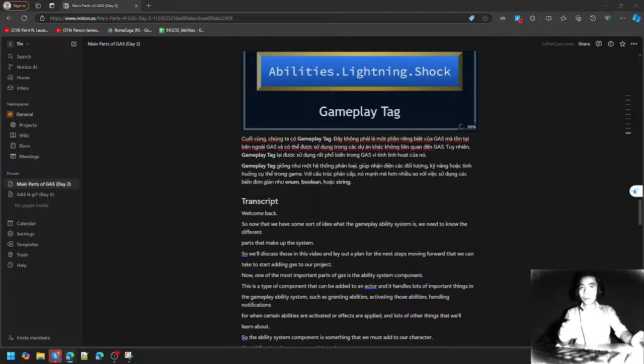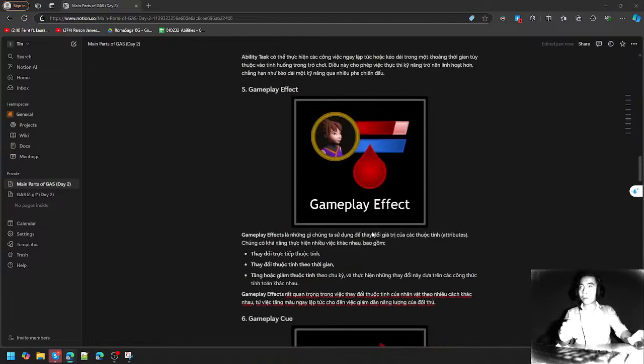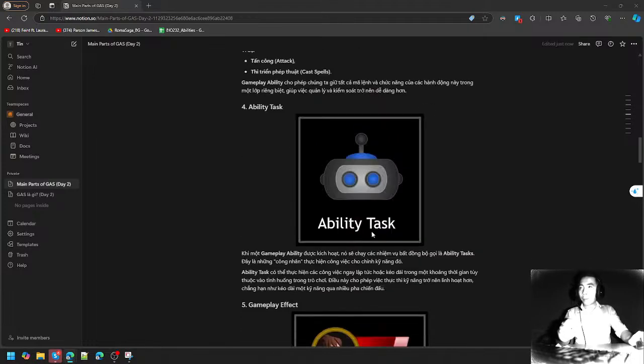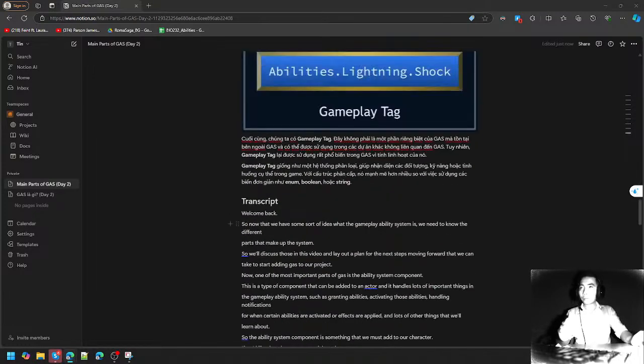Now, another option is to take some other class associated with your pawn, such as the player state, and add the